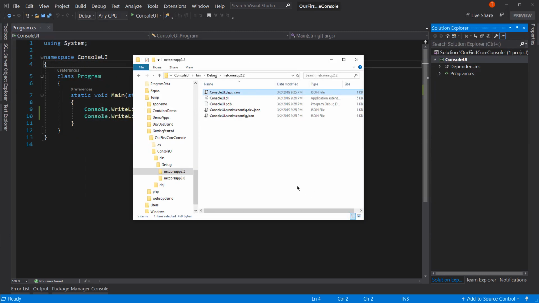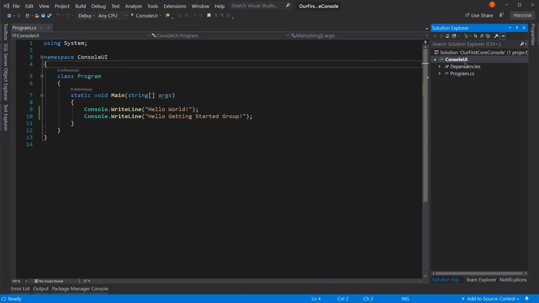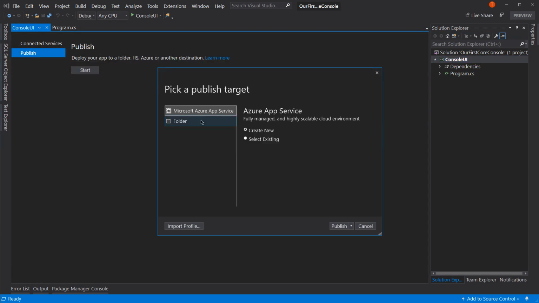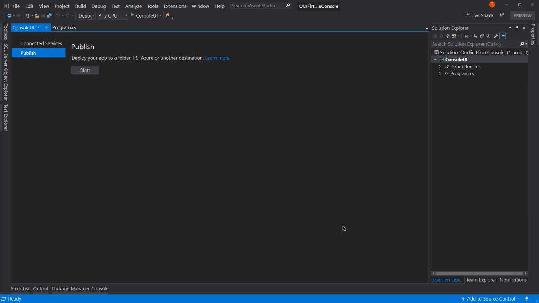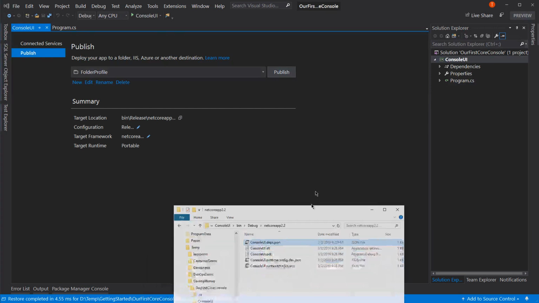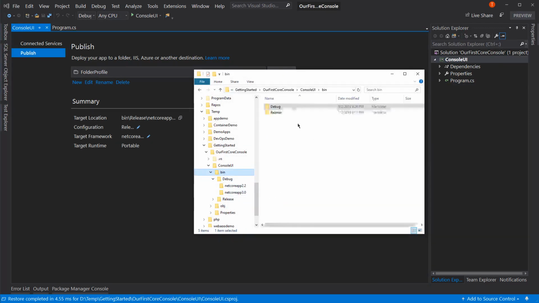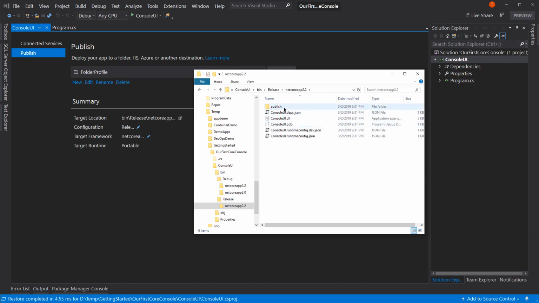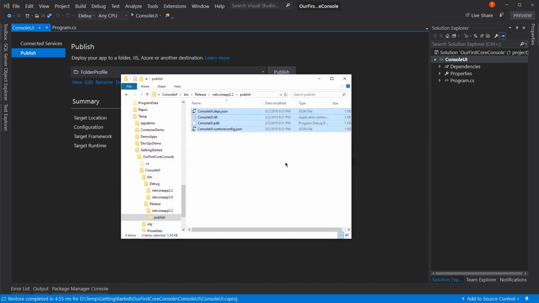Now, if you're on Windows and you wanted to take this and run it on Windows somewhere, how would you do that? Well, you actually publish it. So if you right-click on console UI and say publish, it's going to say where you want to publish this. Let's publish to a folder. We'll publish it right in the bin release netcore 22 publish folder. And once that's done, we can come back up here to our bin folder, go to release, netcore 22, publish folder, and there is our published application. To run this, we go to our command prompt and type